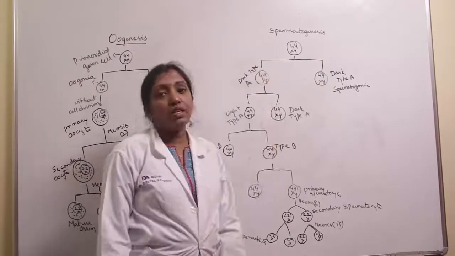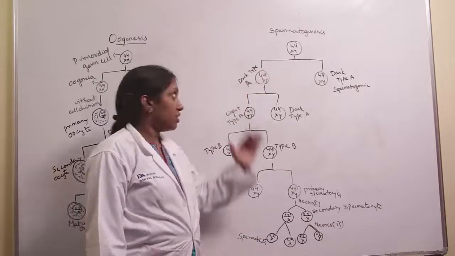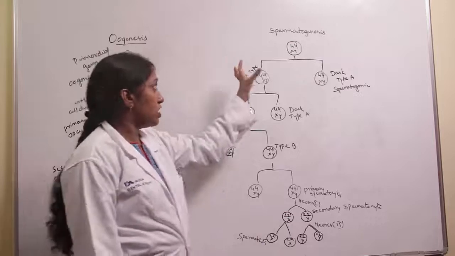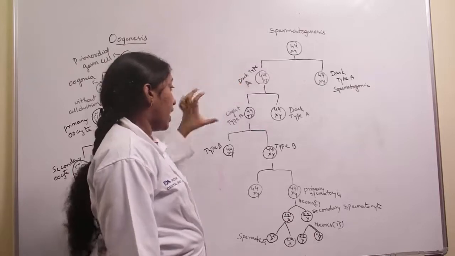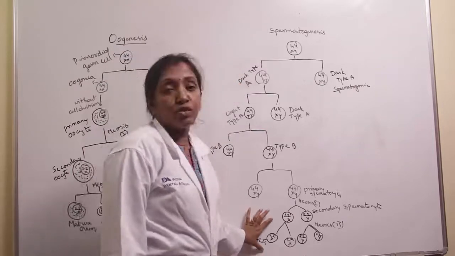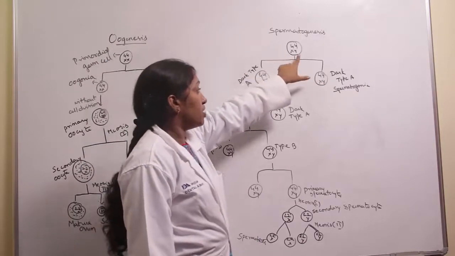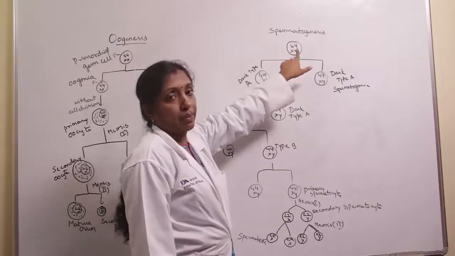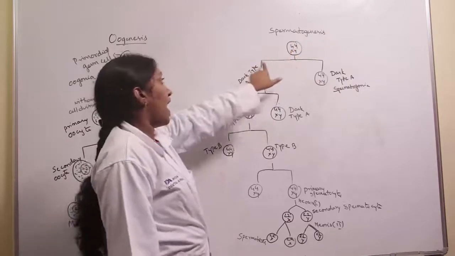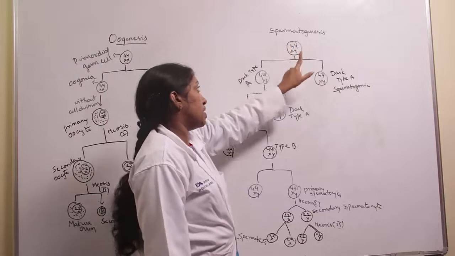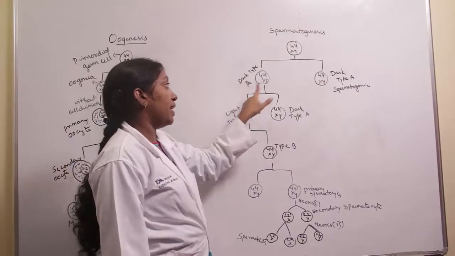So coming to spermatogenesis, it is the process of maturation of the male gametes into spermatids. This is the process of spermatogenesis. Spermatogenesis involves 3 steps: spermatocytogenesis, meiosis, and spermiogenesis. Spermatocytogenesis involves the primordial germ cells. They carry 44 autosomes and XY as the sex chromosomes because it's male, and these primordial germ cells undergo mitosis in the seminiferous tubules and give dark type A spermatogonia,